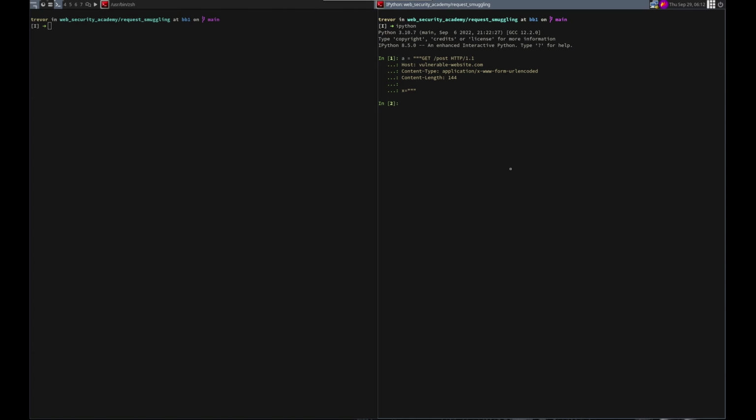And then let's do A dot encode, length of this. And then remember, we need to add on the \r's for any that are missing. So we got 119